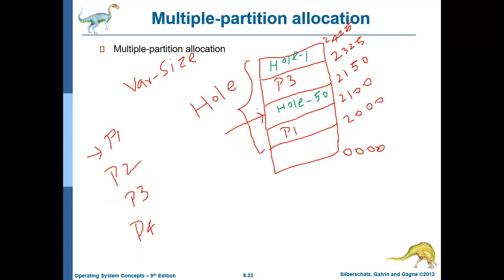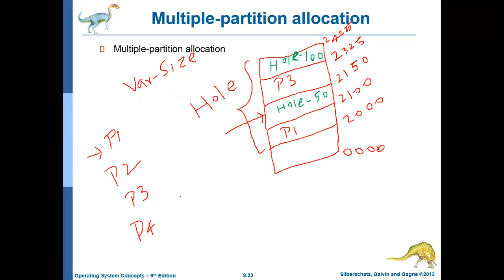Let us assume, for simplicity, that 2425 is the last location. Memory is over. Okay, there is a hole of size 100 MB.